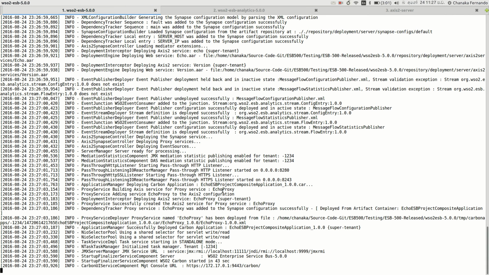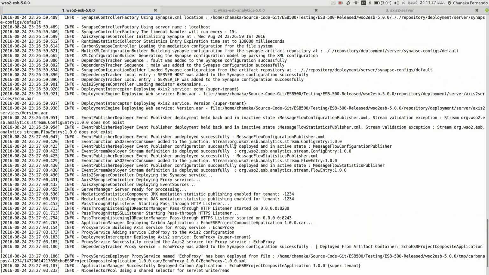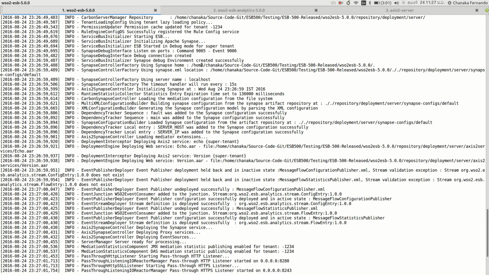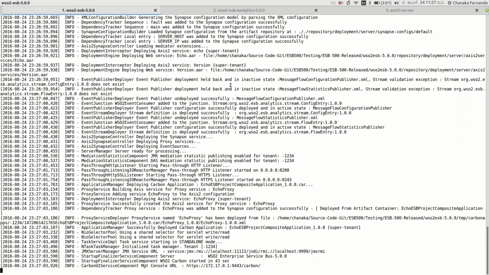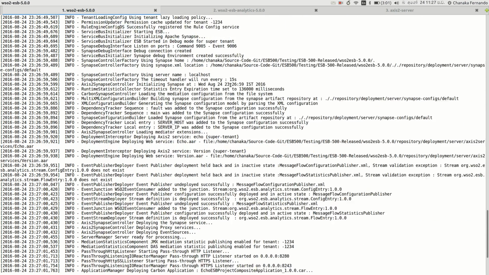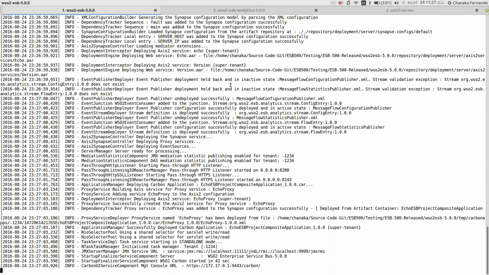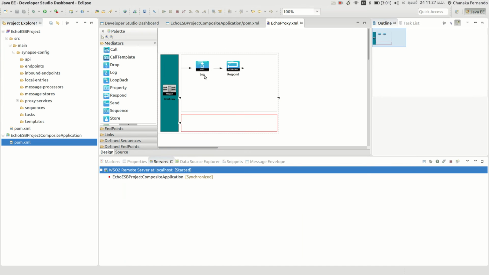Okay, since I have clicked on debug, the server has started in the debug mode. Here you can see that the server is listening on these two ports. Once I click on debug, it will connect with these ports and start the ESB server.